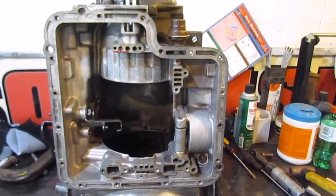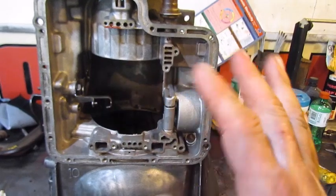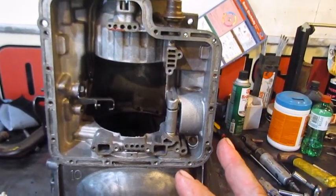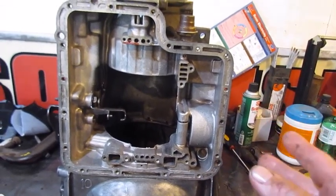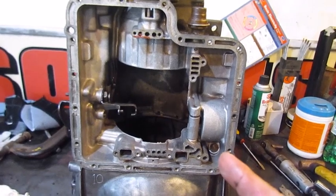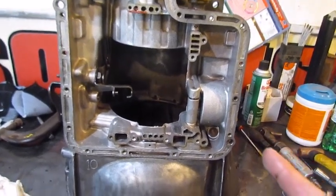So we've got it all blown out, brake cleaned, all the old stuff, and, you know, it's out of there. There's no water in it anymore. So we're going to lay this case over to the side with the other stuff and cover it up. And then we're going to open up the spare one I got, because what I'll probably end up doing is